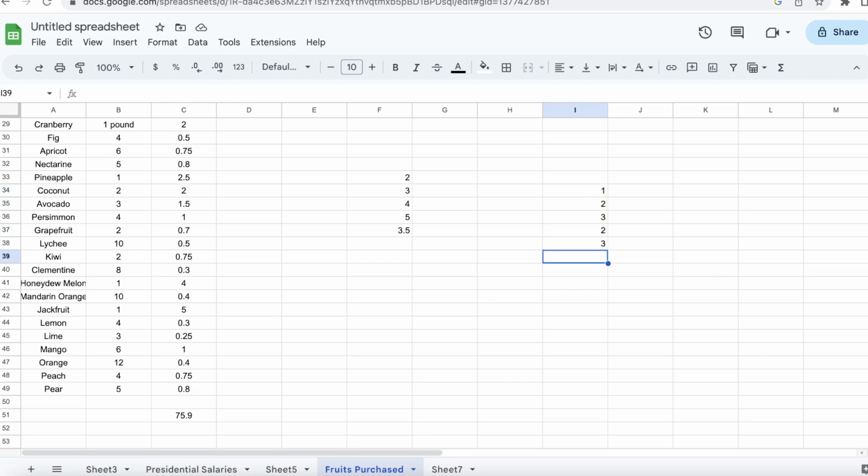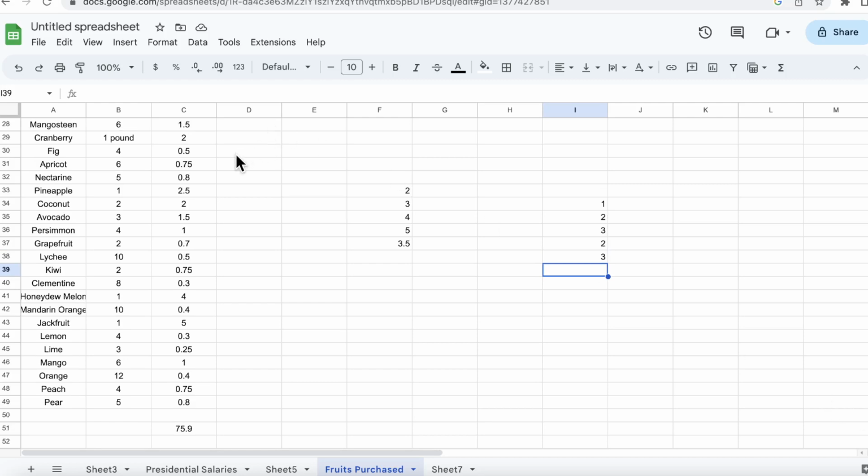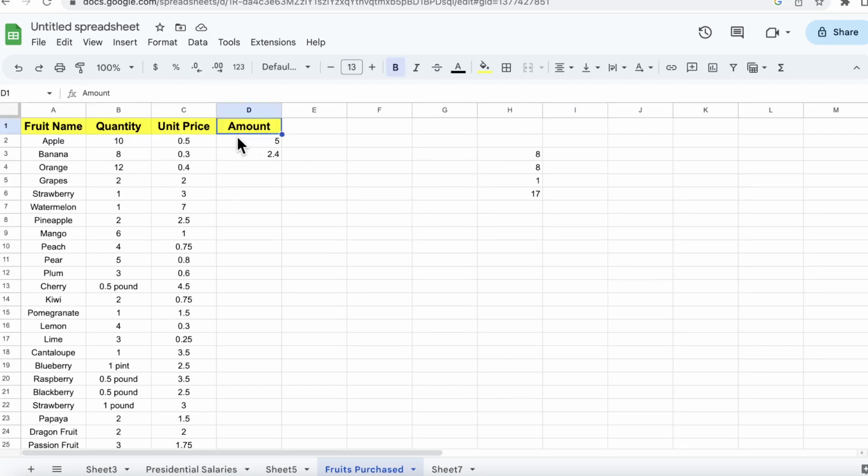Now let's go to something we call AutoFill. This will help us even make our calculations faster. To make our calculations faster, we have a handy tool called AutoFill. With AutoFill, we can copy formulas and functions to adjacent cells, saving us from manually typing them over and over again. So for instance, right here, you remember 10 times 0.55, 8 times 0.3, 2.4, 12 times, then we have